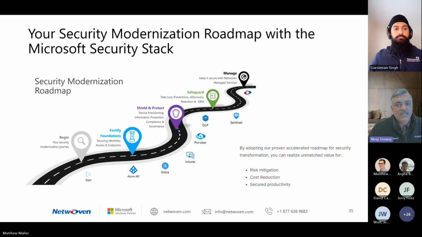Now, by having this journey doesn't mean that you have to follow this, or it has to be done sequentially. The idea is really to take these, and then you can say, hey, look, in the first phase, I want to make sure that my identity is completely in place. I want to do a little bit with device. I want to do a little bit with Purview, and then I want to do nothing with Sentinel in the first phase. In the second phase, you might say, I want to complete my identity. I want to complete my Intune related work devices. I want to really mature my Purview, and then I want to start putting Sentinel in place.